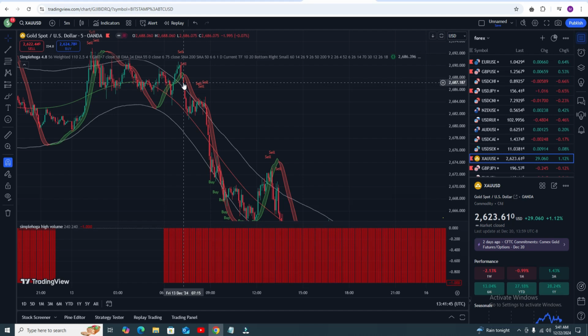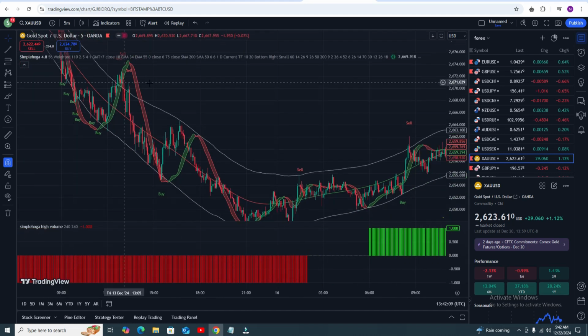Like here, when you got the signal, the price was around 26,090, and from 26,090 to 26,070, it's around, you can say, a $20 movement actually. Okay, and if you follow from this point to this point, then definitely it gives you around a $40 movement. Okay, it's actually a very good one.